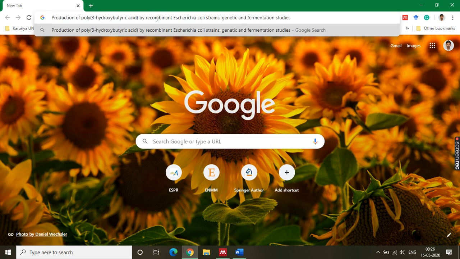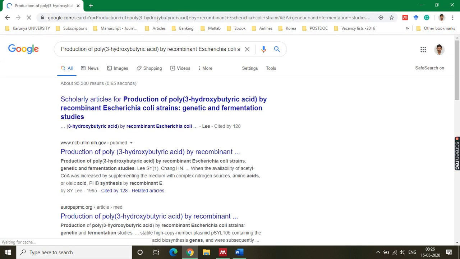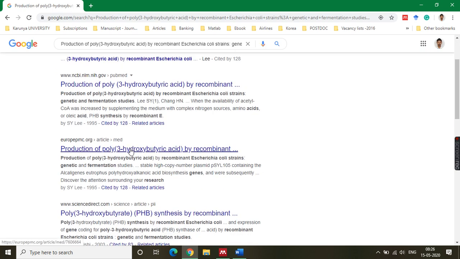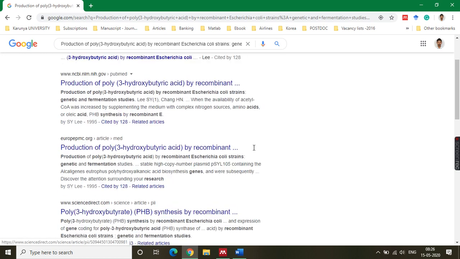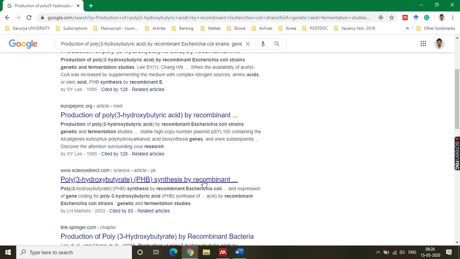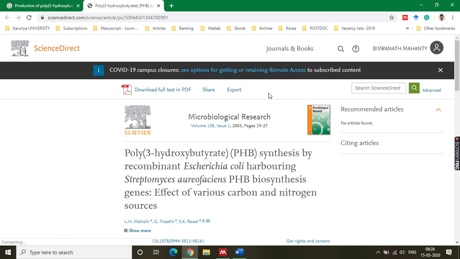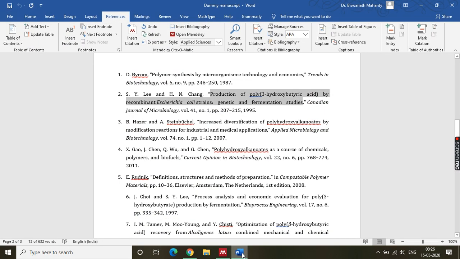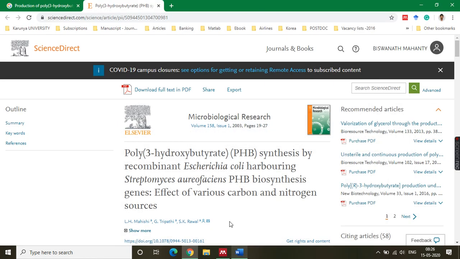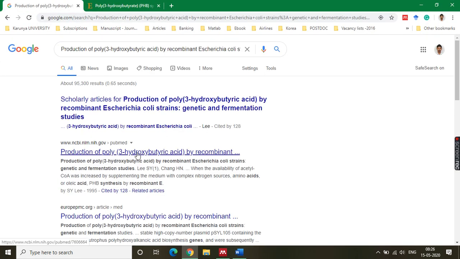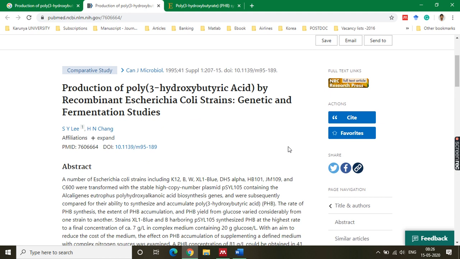So better I will search for the paper. Let's see how we are landing on the paper. For example, this is the paper, production of 3-hydroxybutyric acid. We can go to the paper itself; for example, this recombinant one. Probably ScienceDirect I am going to get, so I am going there directly. So this is the paper, probably you are looking at it, right? No, sorry, this is a different paper. So our paper probably is this one, yes, 1995. Okay, so I landed on this paper's web page, maybe the journal web page or a hosting site like PubMed.